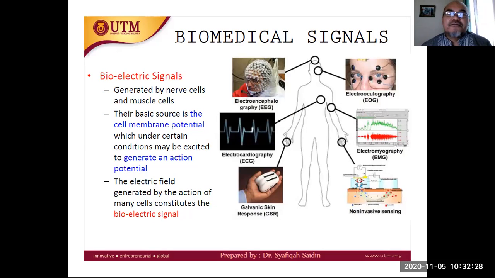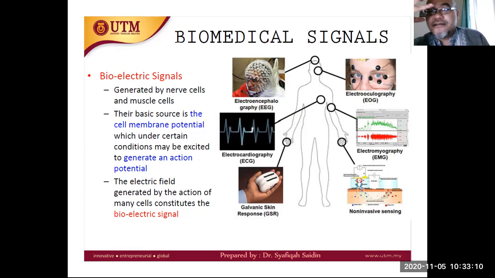So this is particularly useful for some people who have certain types of disease where it is very difficult for them to move their hand to type, or even difficult for them to speak. For example, those people who may have had a stroke, usually the brain is still functioning. Only some parts of the brain are functioning, and they can try to have certain intentions. And this EEG can be used as a brain-computer interface to capture that signal and recognize it to do certain analysis. Electrooculography, measuring the movement or the motion of the eyeball,